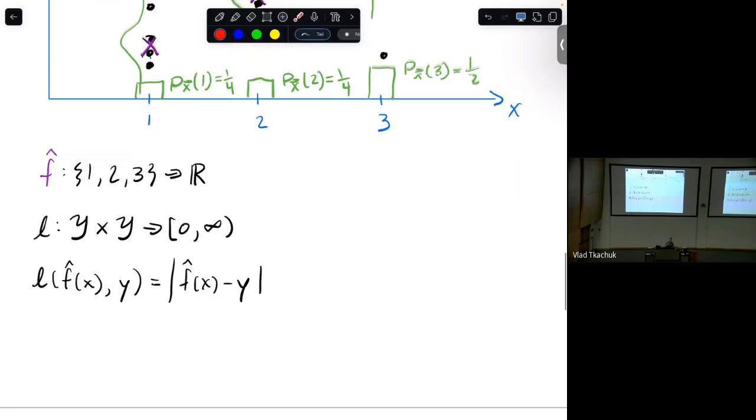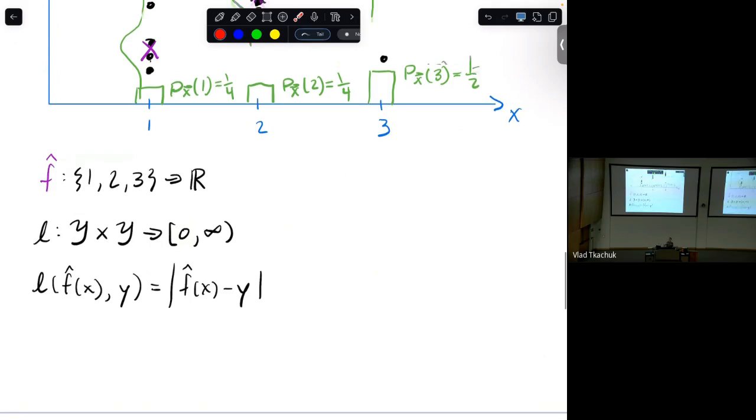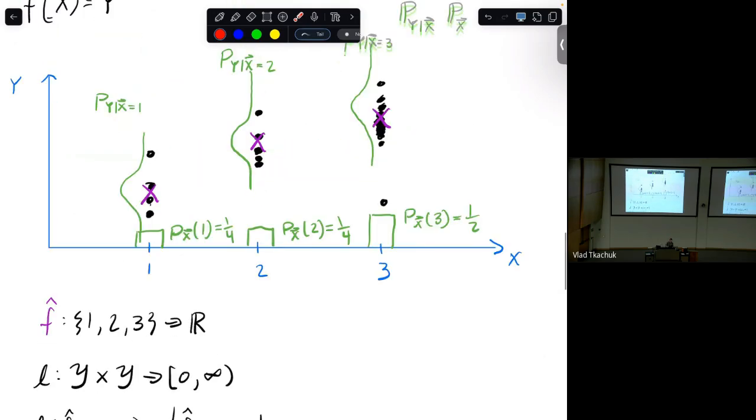Oh, sorry. I should say it can be 0 or infinity. So 0 loss is like you're cooking. You got everything perfect. That would be the case. When can that happen? That can happen if you have a problem such that for any input x, there's always the exact same